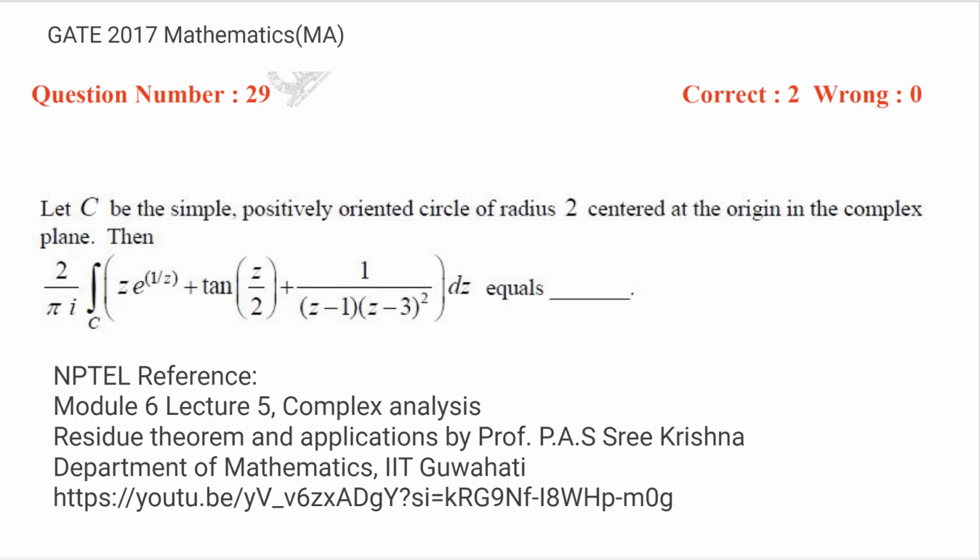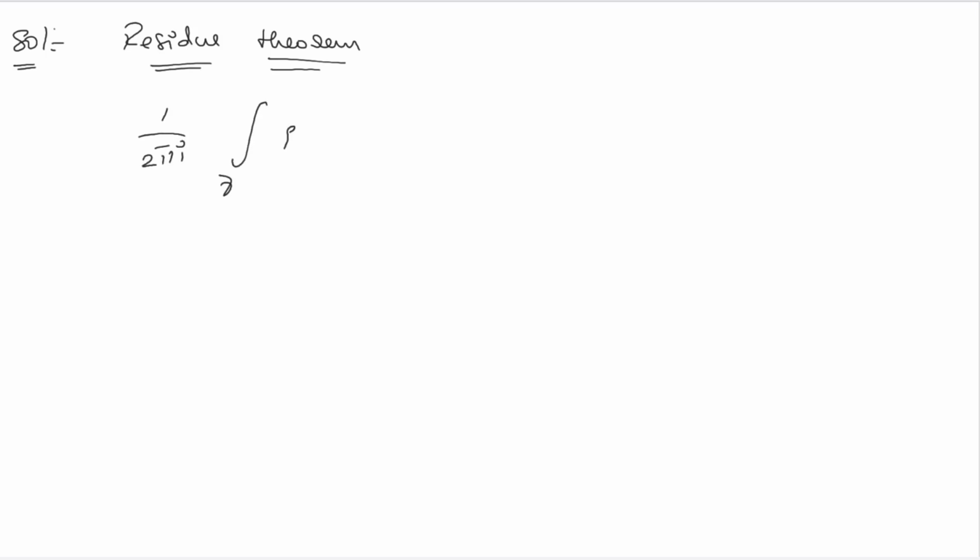So now coming to the solution, we can easily see that this is nothing but a straightforward application of the residue theorem. The residue theorem tells us that 1 divided by 2 pi i times the integration over a curve gamma of f of z dz is nothing but the sum of residues of the function f of z at a_i,